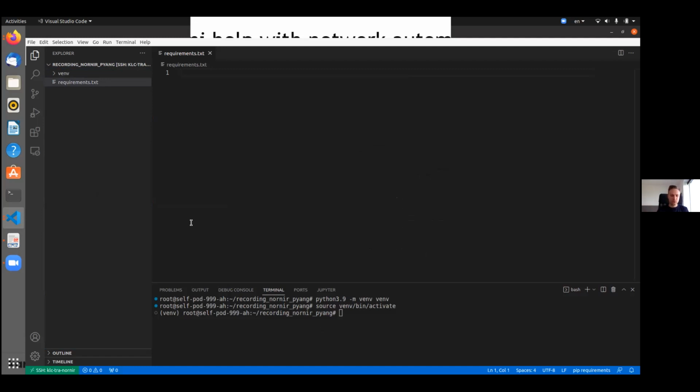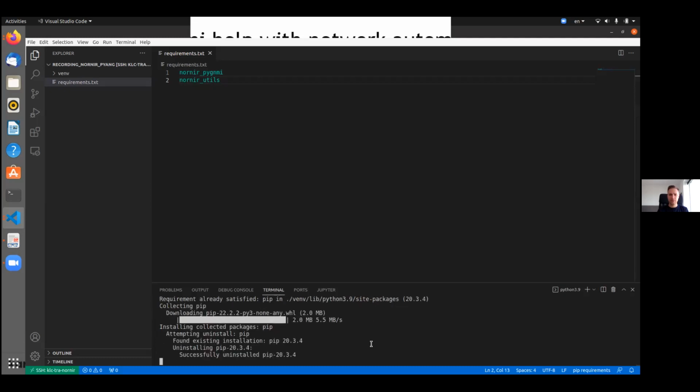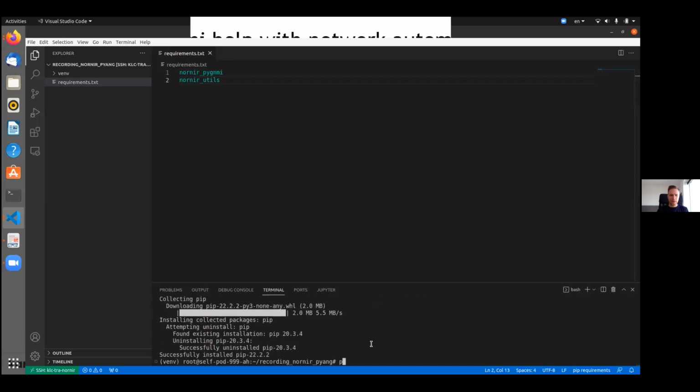So let's do that. We'll add here Nornir-PyGNMI and Nornir utils, I believe it's called. Now we will install these libraries with pip install. First of all, let's upgrade pip itself, to make sure that we have the latest version of pip, and then we install these